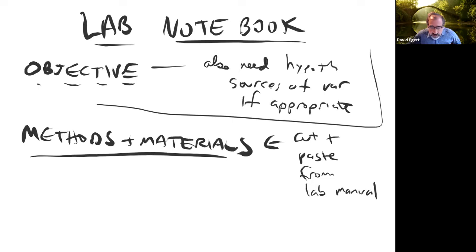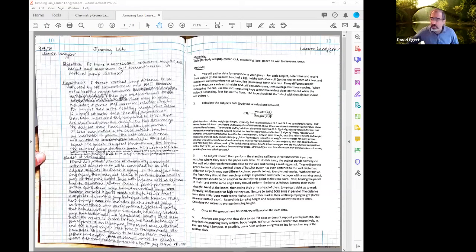Here, so I'm going to share a screen. This is somebody's lab. This is the jumping lab, the next lab. And she has her name. That's the other thing. You're going to have your name at the top of each page. It makes it easier for me to know that it's your lab. And I can also see the name and the numbers and make sure it's all happening sequentially